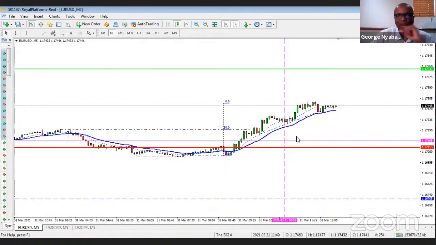Also, the other thing that I've marked, so that's the low of yesterday, the red candle. You can see the market drop beneath that. Let me look at this a little bit more just now to see if you can understand what is taking place. The green line is the high of yesterday. Those are very significant levels to watch when you're trading intraday, basically. But on the 5-minute time frame, I want to have them there.